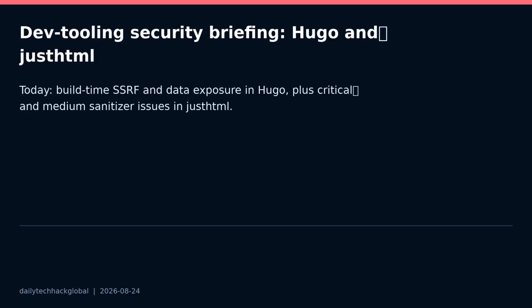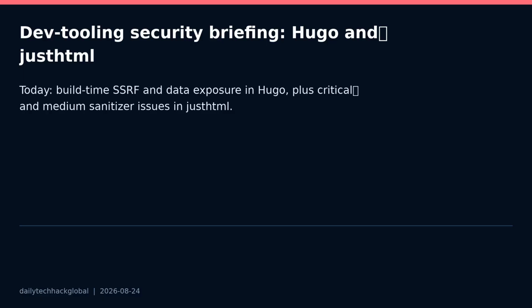If your team builds static sites with Hugo using resources.GetRemote, or sanitizes user content with justhtml, review today's CVEs now. The practical risks are internal data fetched during a build and embedded into public static output, plus sanitizer bypasses that can turn untrusted content into active HTML or JavaScript. Restrict build time network access, patch libraries, and audit where content or CMS fields can control remote URLs or sanitizer policy. Lead item, CVE